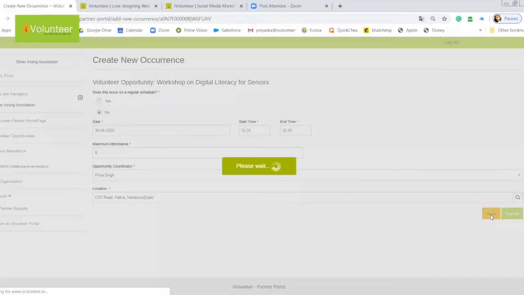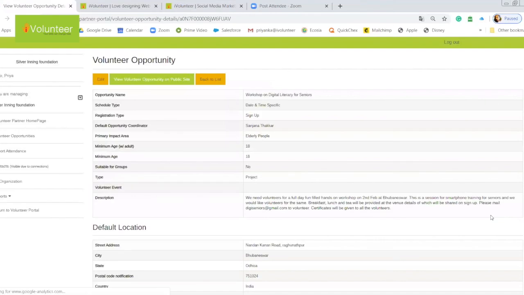So Guru, this would be the answer to your question. If you have created an opportunity and it's happening in 3 locations, probably you create 3 occurrences. All 3 times you select the same day, date and time, but it might have 3 different locations. So which is why you have to create 3 occurrences. You will select the same date and time, but every time you will have to select a different location.